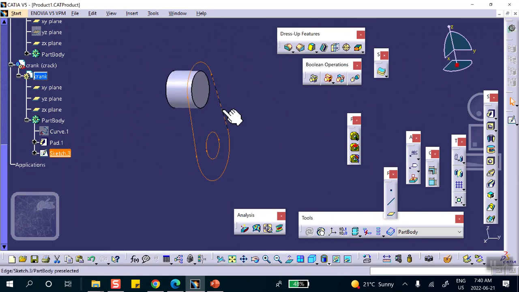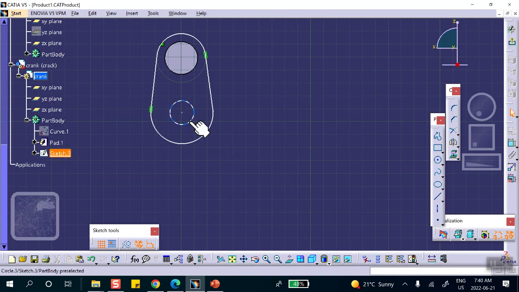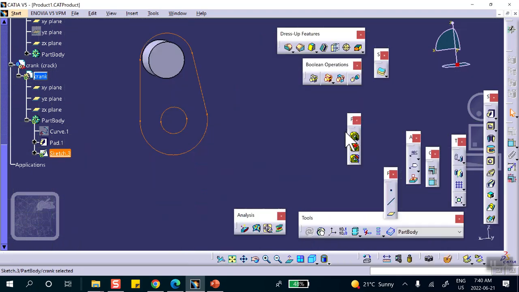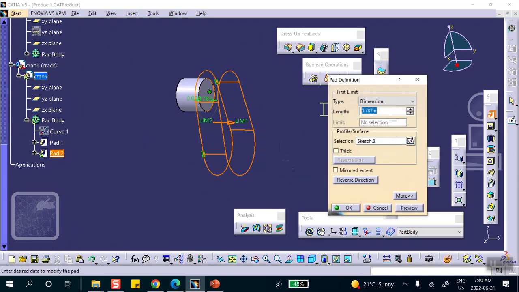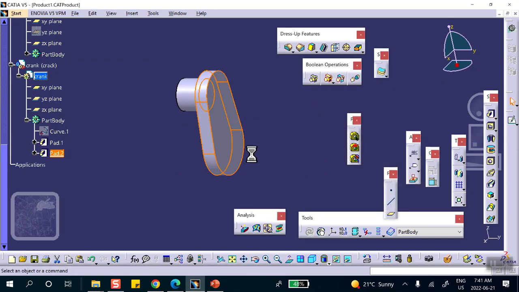Okay, so actually I want to pad this thing, but this makes a hole. So I have to do a multi-pad, which I don't want to do in this problem. Let me go ahead and delete this circle. Exit. Now pad it, too much. We make it 0.4, okay? And on that face,